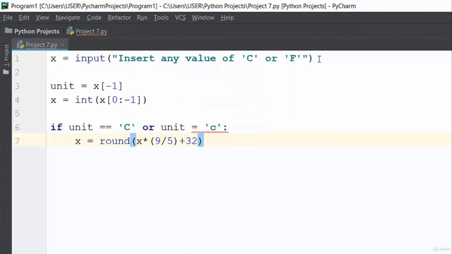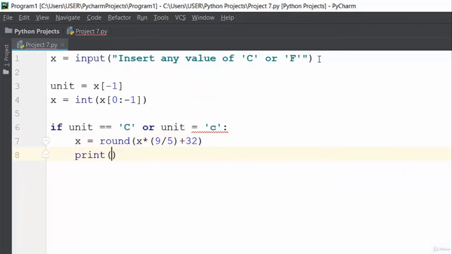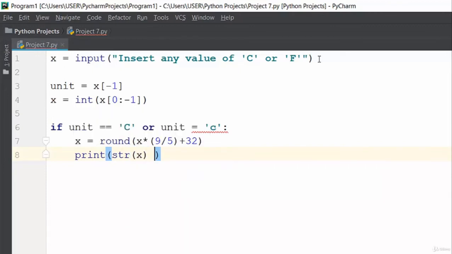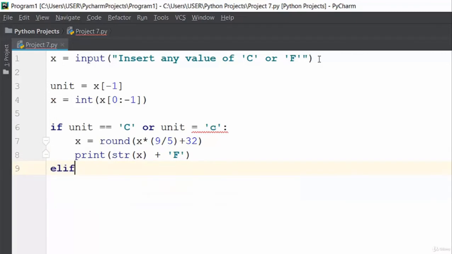Go ahead and print out the result, which says str of x plus, because we're setting that to be Fahrenheit, plus F. Else, that is elif,